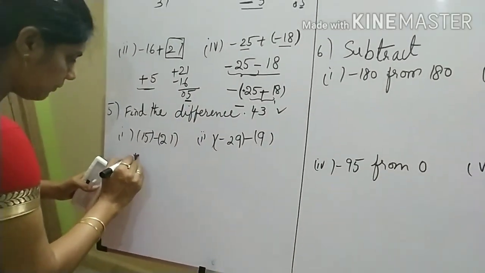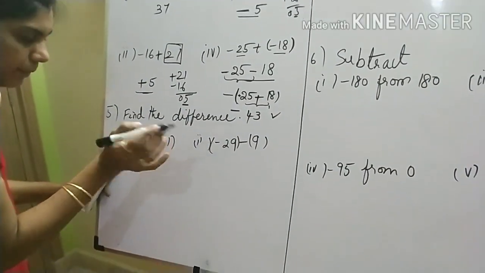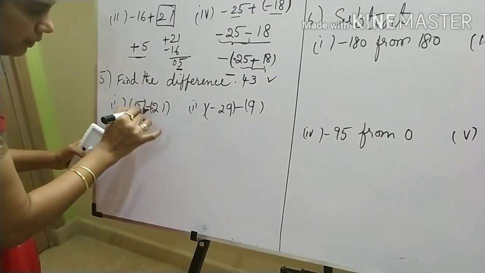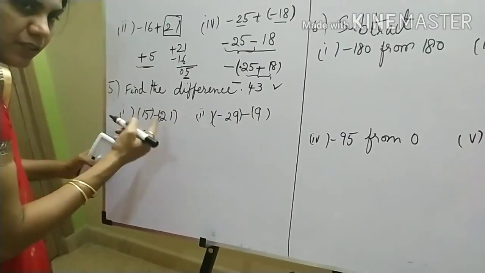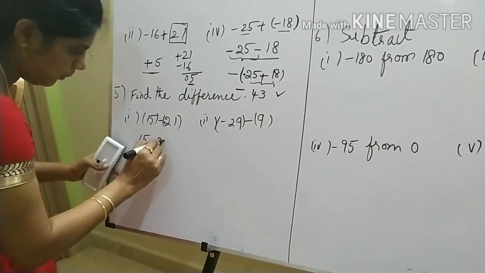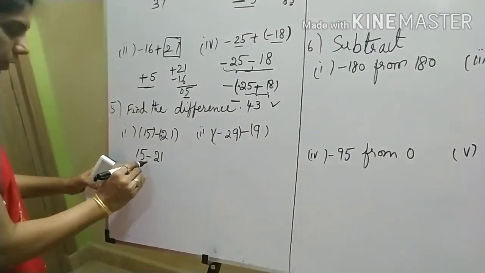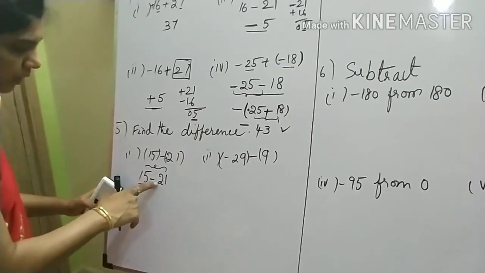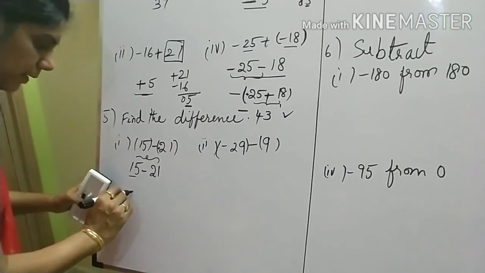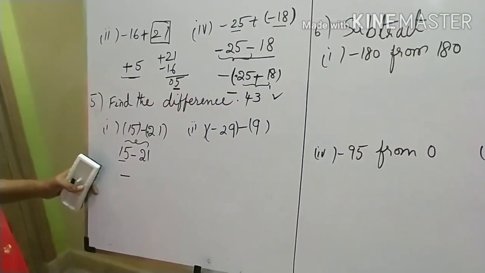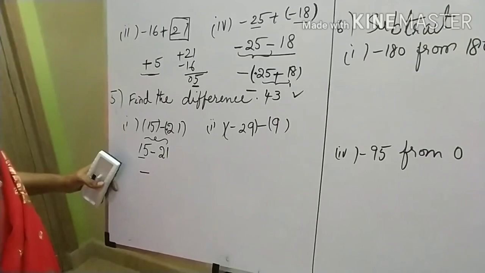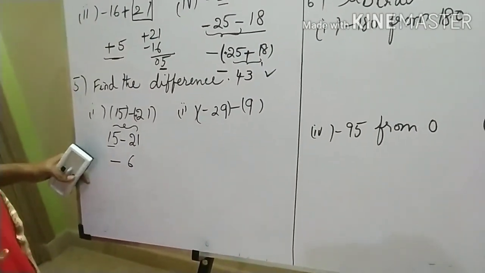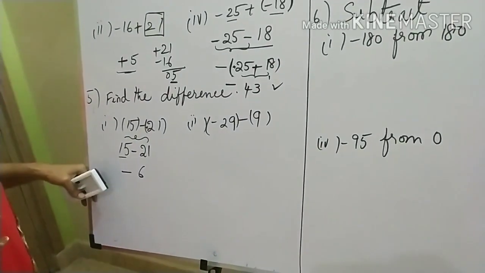See, find the difference. Next one. The first number is 15. Without brackets I am writing. Here minus. Here nothing means always plus. Minus into plus is minus. So I am removing these brackets. So what is 15 in both these numbers? Which is bigger? 21 is bigger. What is the sign here? Minus, before 21 we have minus. So 21 minus 5, what is that? 6. What is the difference here? 6. So I am writing that.